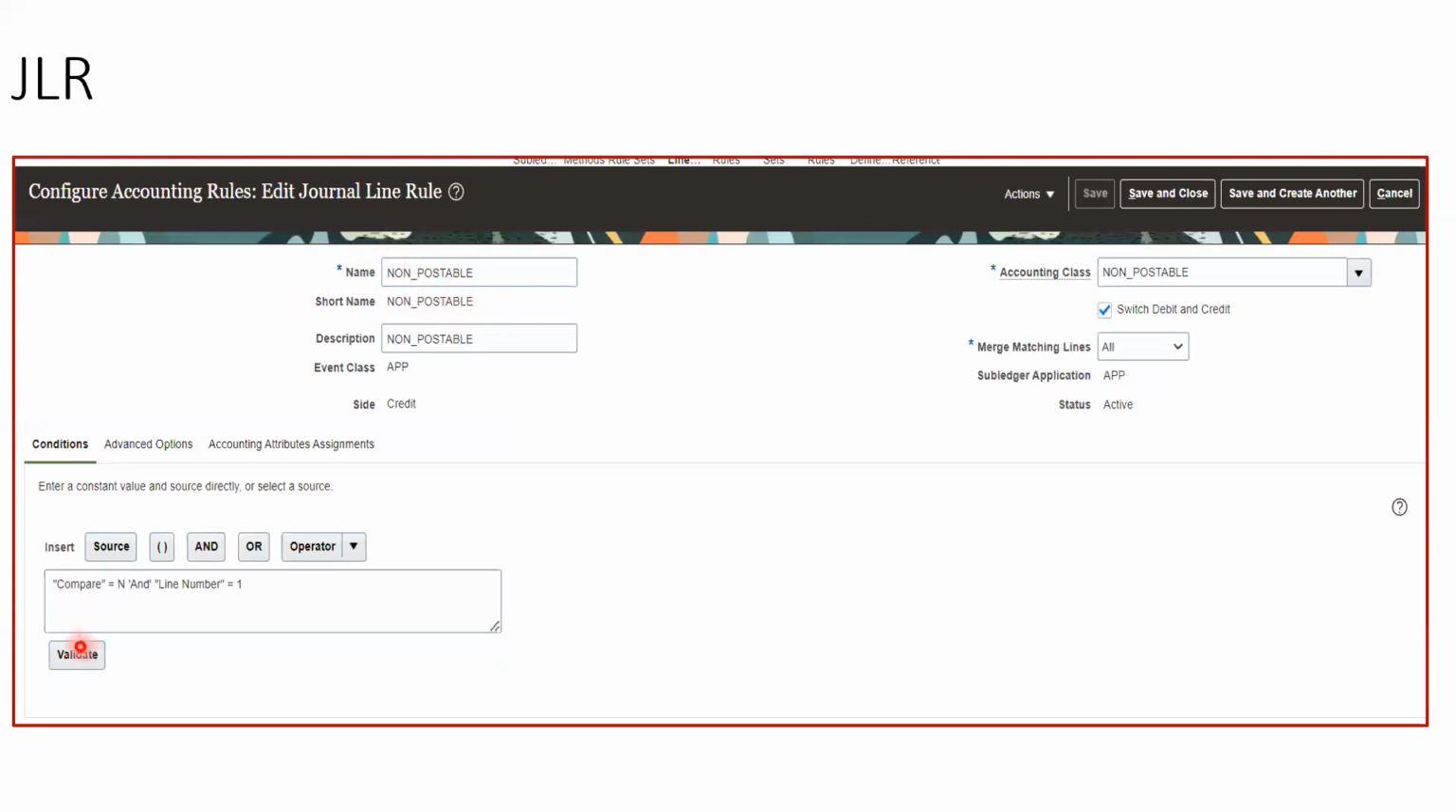What is the condition for this? Condition is value for compare is N. Means if the value for compare is N, then only this GLR will be picked up. Otherwise, it will not be picked up. Means in the valid cases, like if it is not future dated or it is not more than X number of days old, then value for compare will be Y. And in that case, this GLR will not be